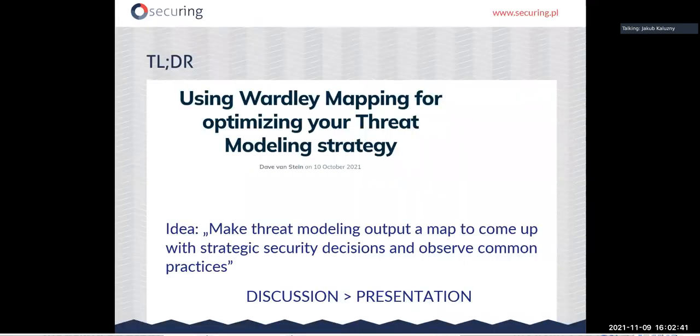I came up with this idea after reading an article by Dave von Stein. He used some Wardley mapping for optimizing the threat modeling strategy. And I thought that is actually a pretty cool idea. Like, if we can make threat modeling output as a map, not just a diagram, then we can maybe come up with some strategic security decisions,